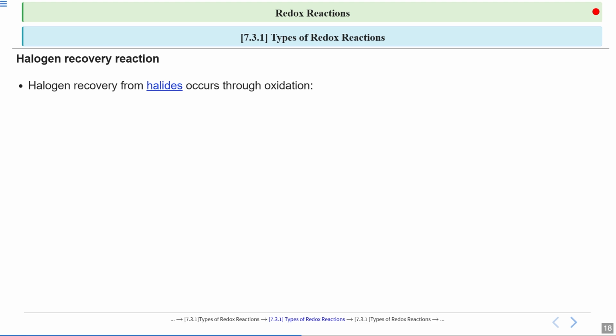If we consider the halogen recovery from halides, this can be done only with the help of oxidation. So here, if we consider the oxidation of halide, that means the halide ion, X negative, would form X2 plus 2 electrons, that is NCERT equation 7.44. So we can say that halogen displacement reactions have a direct industrial application, and the recovery of halogens from their halides requires an oxidation process that can be represented as the NCERT equation 7.44.